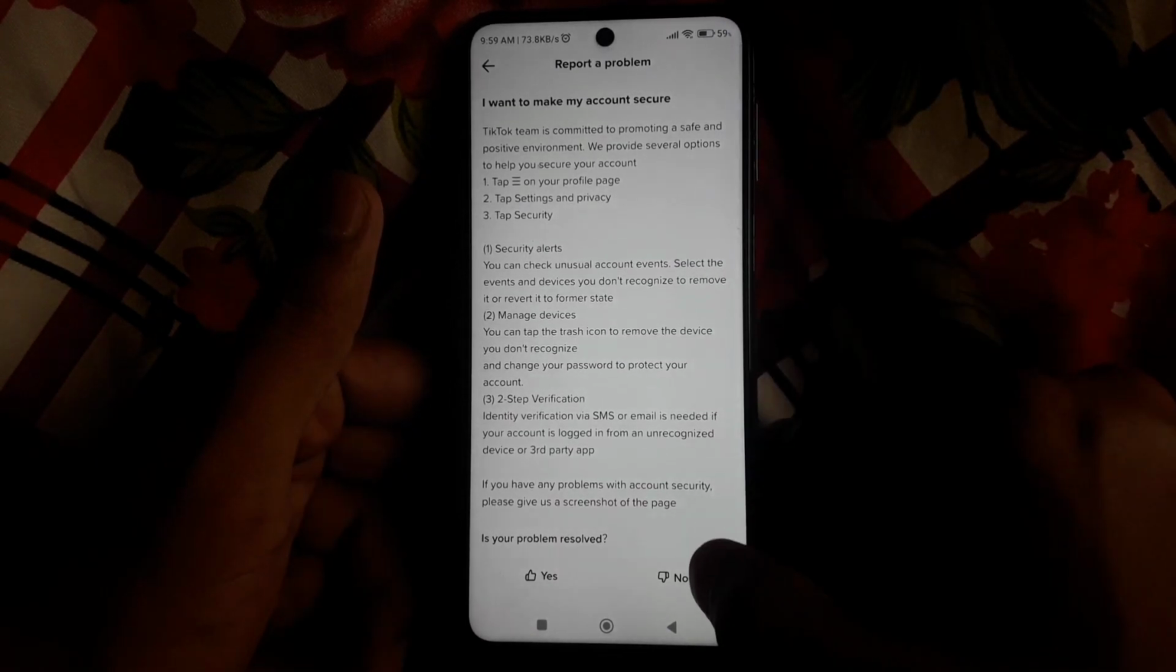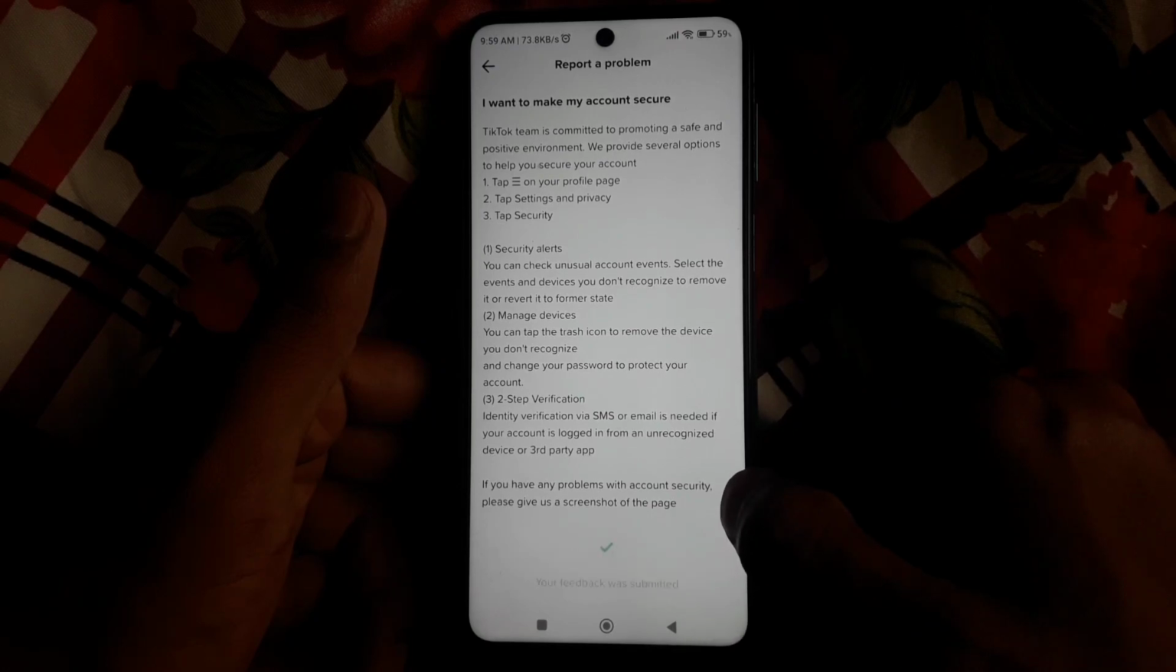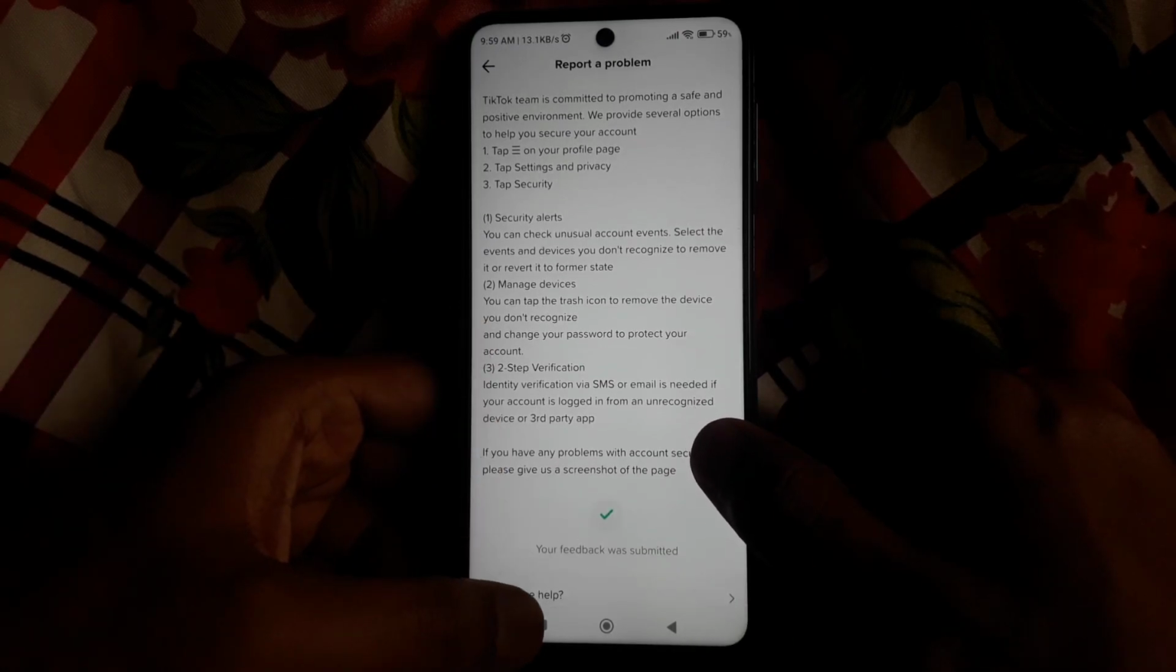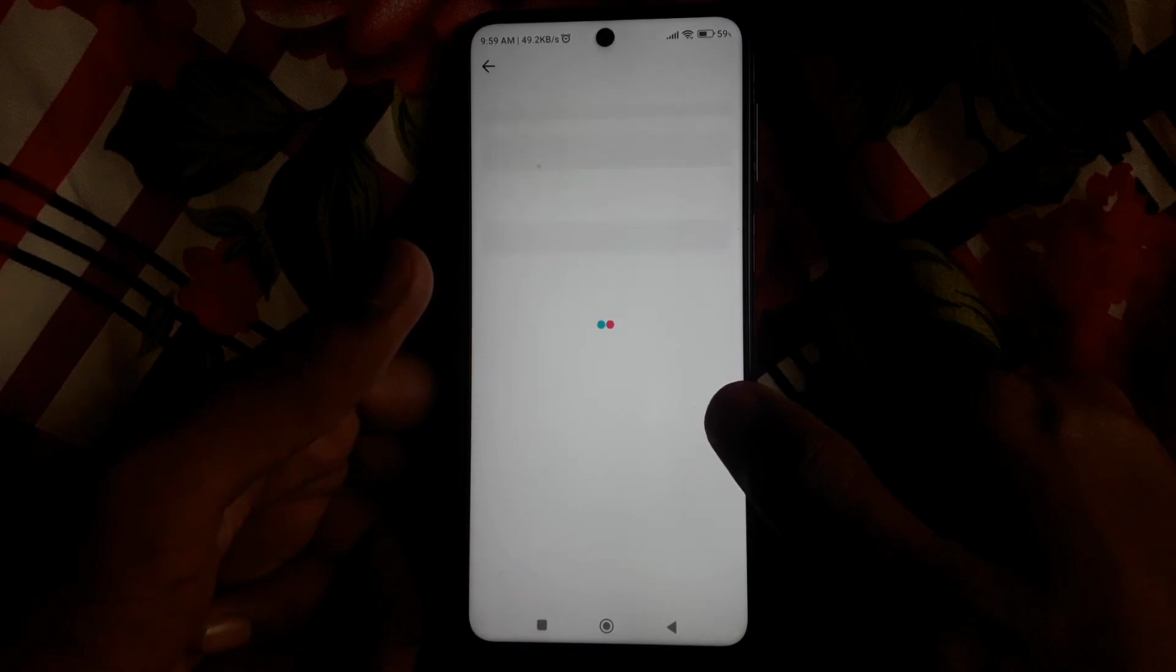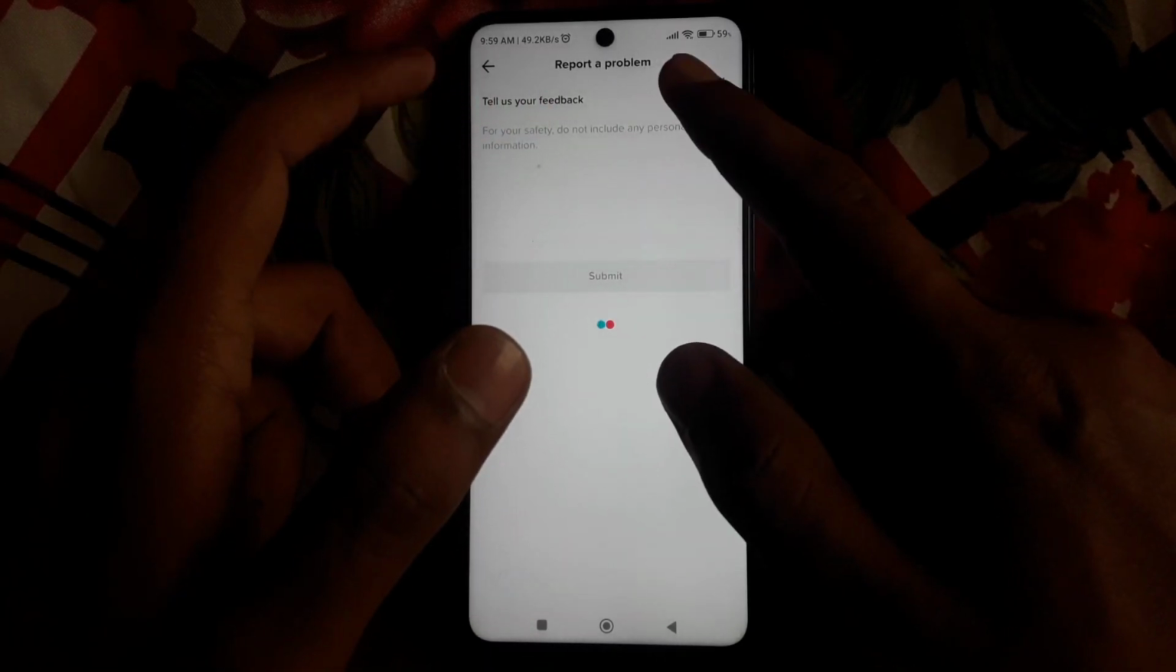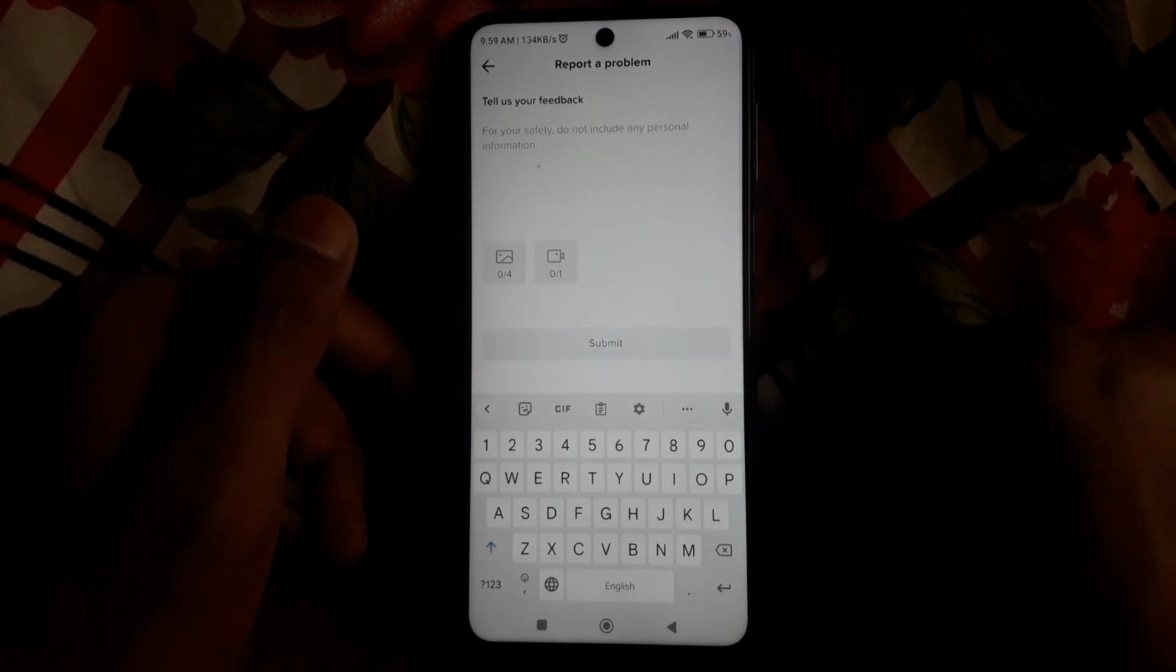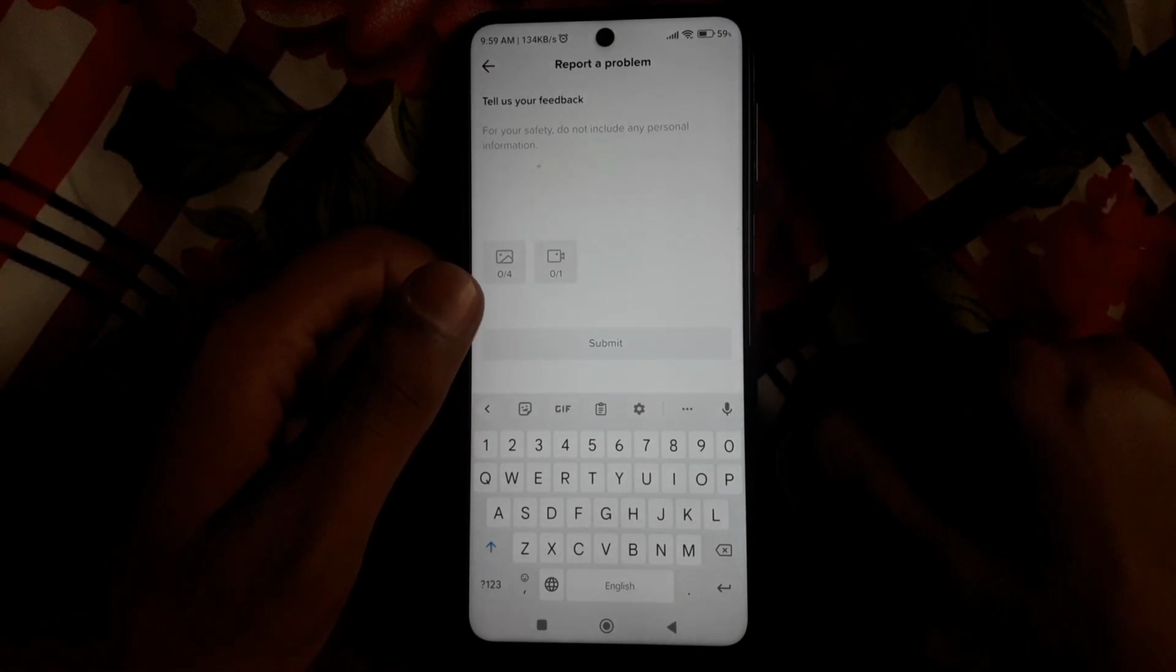After that, you have to simply click on the no, and if you click on no, then you will find the option of need more help. You have to click on that. After clicking on here, you can explain the problem to the TikTok team that what you are facing, and here